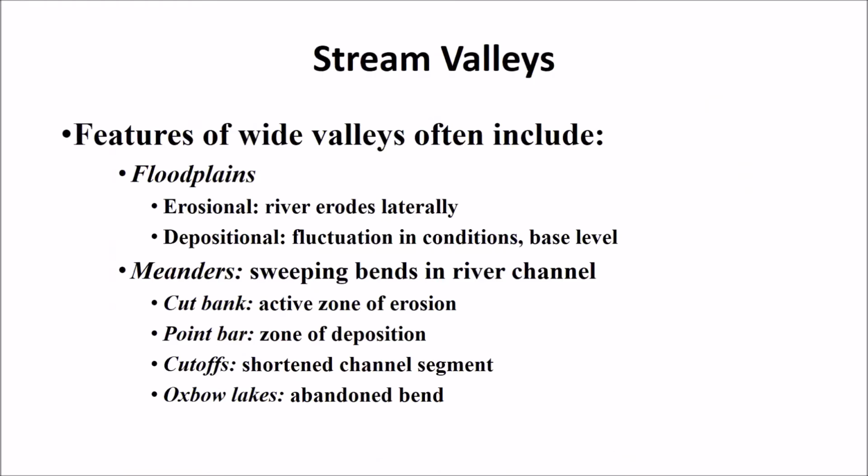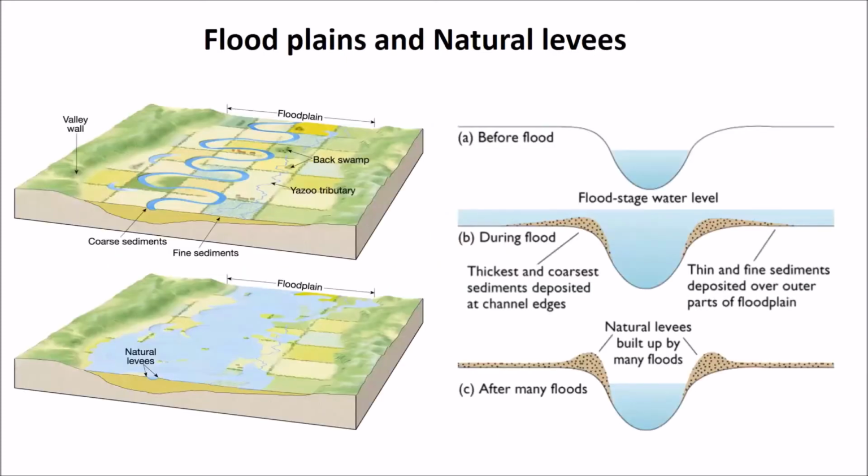And this is for the wide valleys. Normally we have a flat plain and meanders. What is a flat plain, what are meanders? Let's see the figure here. This is a flat plain. A flat plain means a flat area